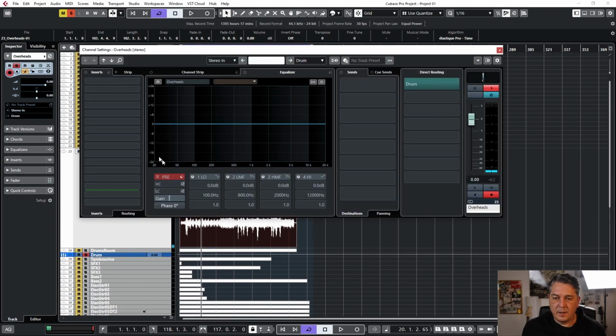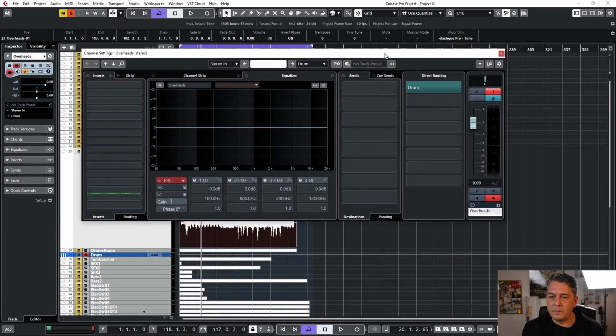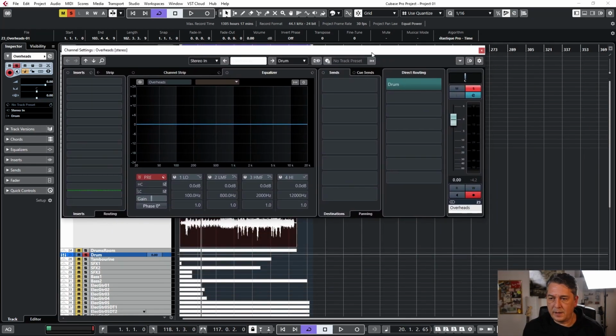How am I gonna treat these overheads? As the main image of the drum, or just as cymbals? I'm gonna treat them in both directions. It's a progressive one, but the overheads are very nice, and not just. We have cymbals and ride recorded separately, which is a good thing. We can go more surgical inside the cymbals. That's why overheads first of all,